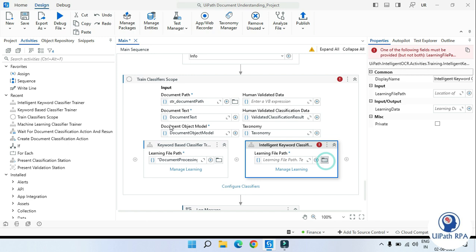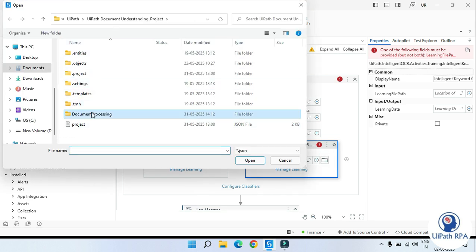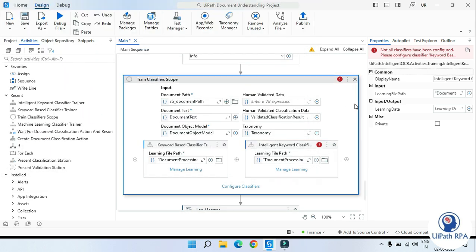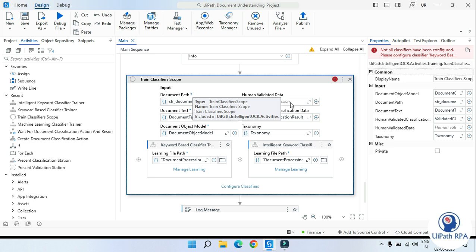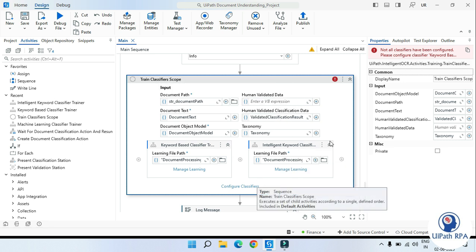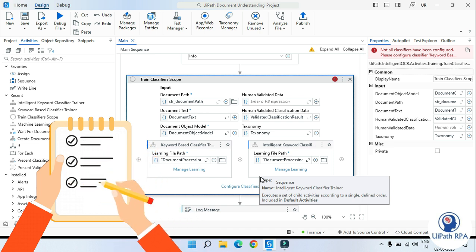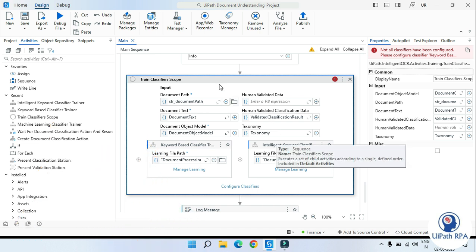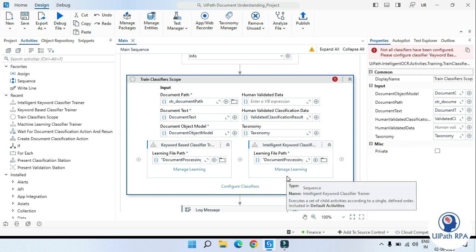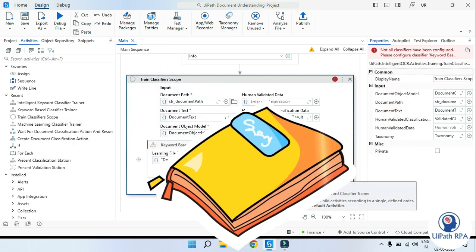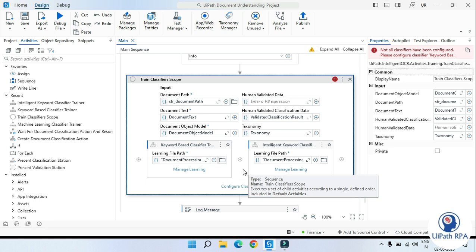Let's click on that, we'll select from there document processing, and we'll take this one. Whatever learning file we created, that same one will be applied here, so that it can learn and store that learning. Whatever the classifier learns here, it will store back to that file. So we can say it has learned, and it has noted it down in that JSON file,